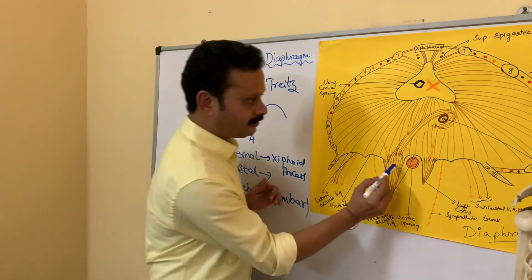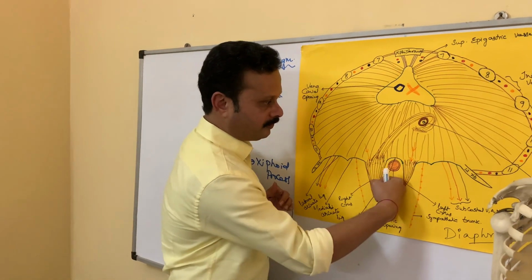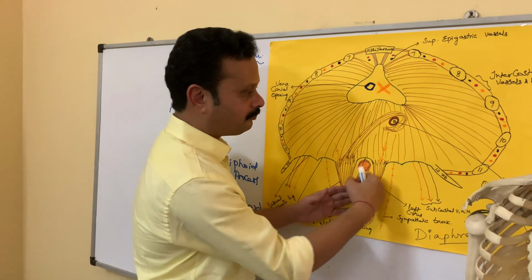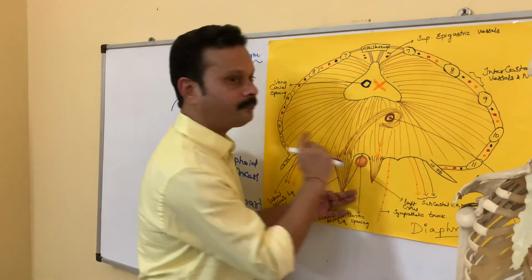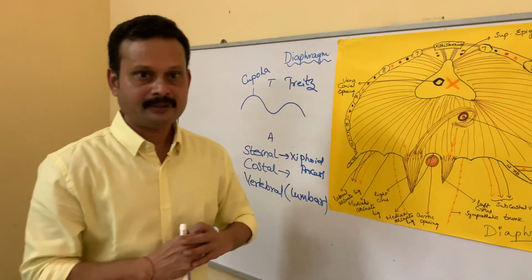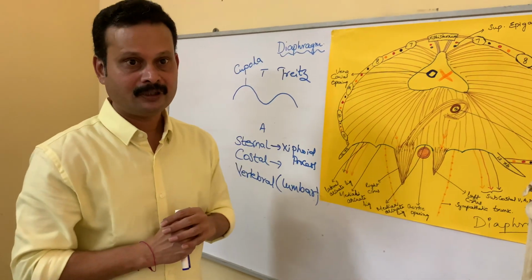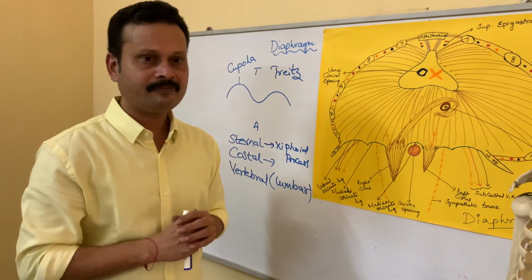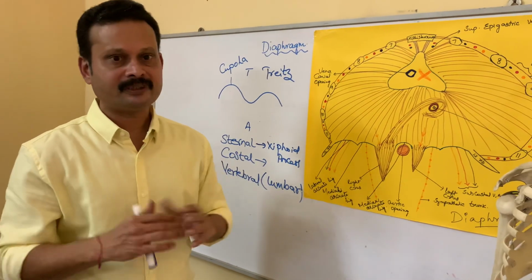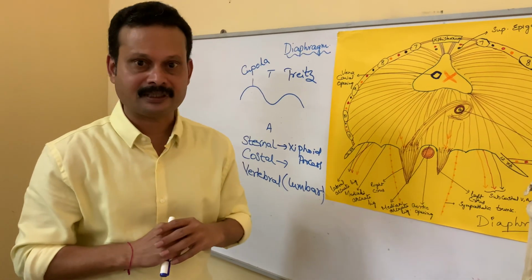osteoaponeurotic opening. We are seeing the diaphragm till here. Here you find the 12th thoracic vertebra. Between the vertebra and the diaphragm is the aortic opening, so that does not have any influence with the contractions of the diaphragm. This is all about the attachments of the diaphragm. With the openings and other features, we'll talk about it in the next class. Thank you.